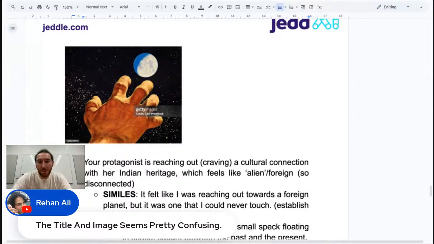Because you want to use imagery to do with space. So you say, I needed to find the right playbook. I needed to find a rocket ship that was going to launch me back, or send me back to my parents' heritage or to my Indian heritage. So you can actually merge this idea of a playbook being, how do I get there? How do I reach that planet that I'm trying to find a connection to? You can merge that idea with some metaphors about space travel, rocket ships, shooting stars and things like that. She's trying to use the right playbook to get to that planet. Does that make sense?